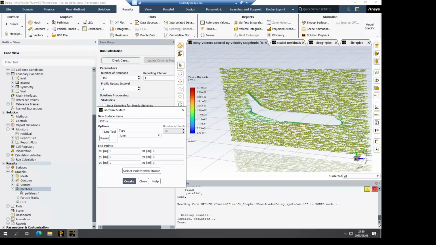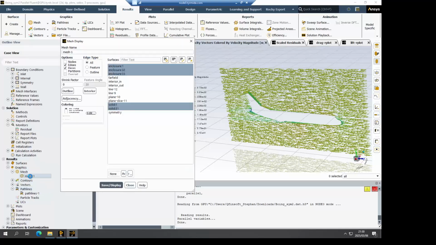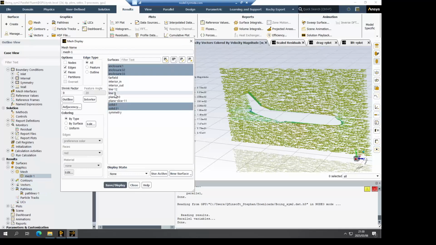So for that, I'm going to use -11, minus 15, minus 11, 6. So basically that means it's going to be a vertical line. Again, minus 15. Okay, let's just display those surfaces to make sure that they are in the correct positions. So that will be that one and that.